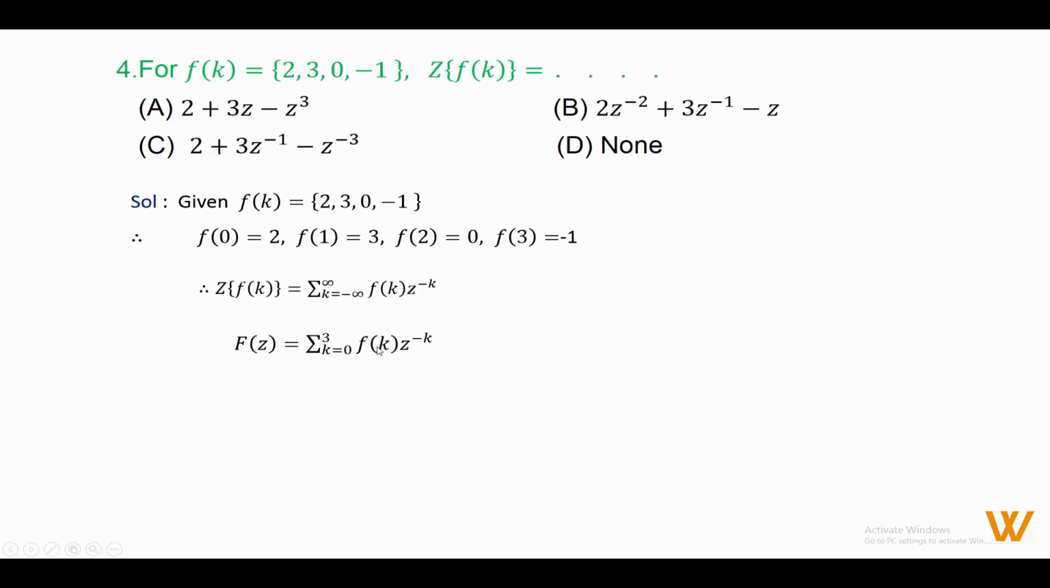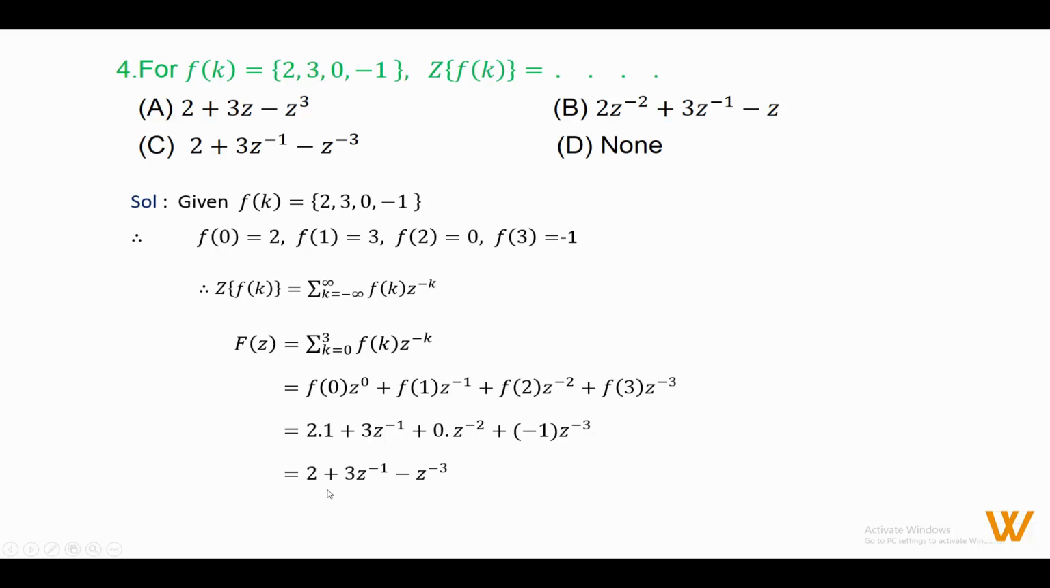Put the value of k is 0 first, so f of 0 z raised to 0, plus k is 1, so f of 1 z raised to minus 1, plus k is 2, f of 2 z raised to minus 2, plus k is 3, f of 3 z raised to minus 3. Put the value of f of 0, f of 0 is 2, z raised to 0 is 1, plus f of 1 is 3 into z raised to minus 1, plus f of 2 is 0 into z raised to minus 2, plus f of 3 is minus 1 z raised to minus 3, equal to we get 2 plus